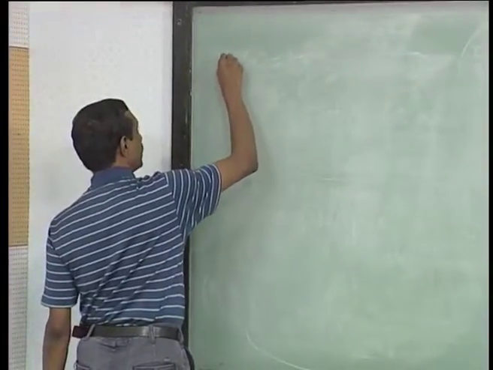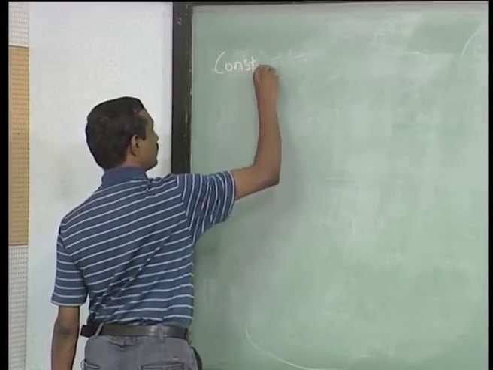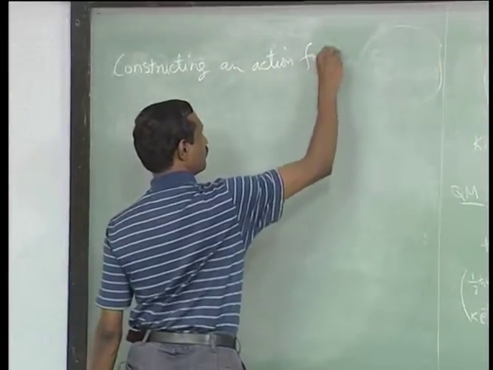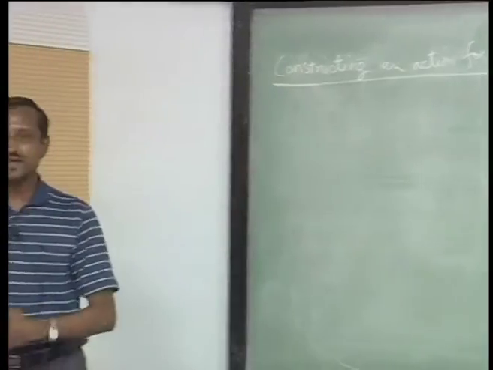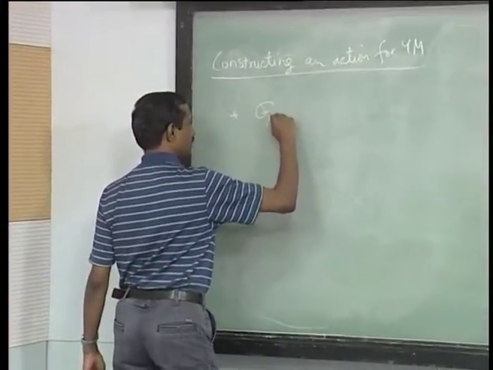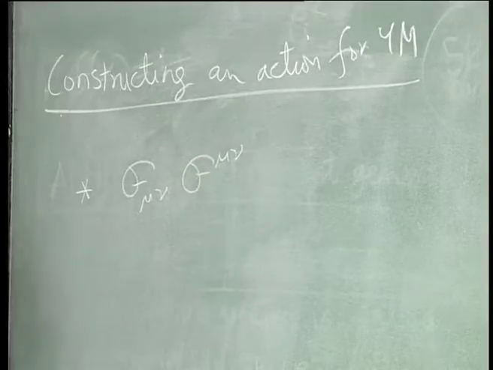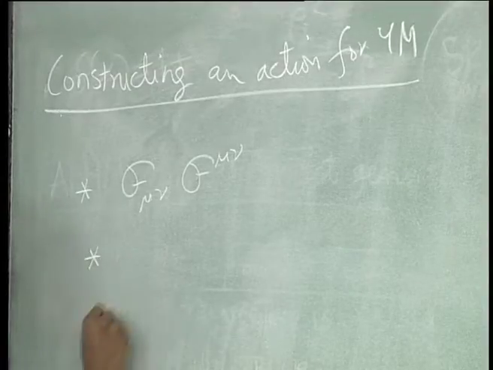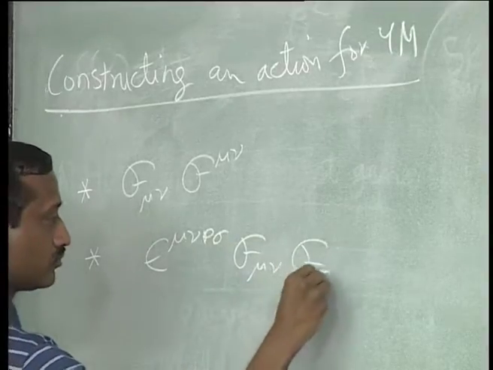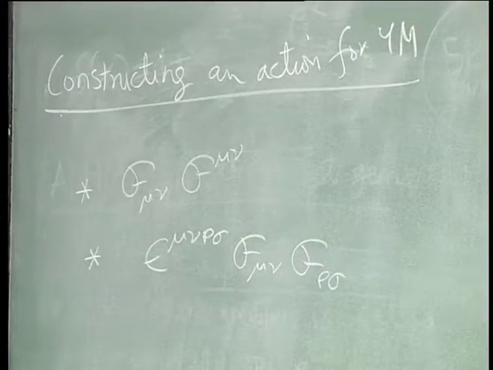so if you were looking for constructing an action for Yang-Mills, in your assignment I asked you to write out the most general 2 derivative terms involving the gauge field. So the key point is that there are exactly 2 kinds of terms. One is our normal term which we had written, but we could have written something like this, and what did we say? The argument will be that this is a total derivative, and so it